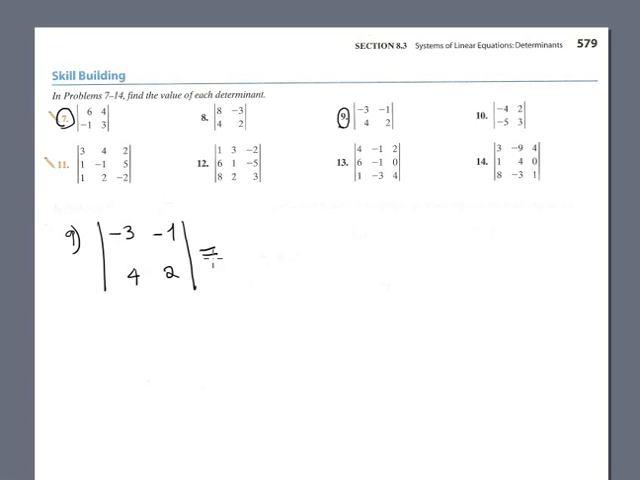Okay, now number 9 is similar. Let's determine 2 by 2. Multiply this number and this number using positive. But it's negative 6. And multiply this and this using negative sign, extra negative, double negative is plus 4, is equal negative